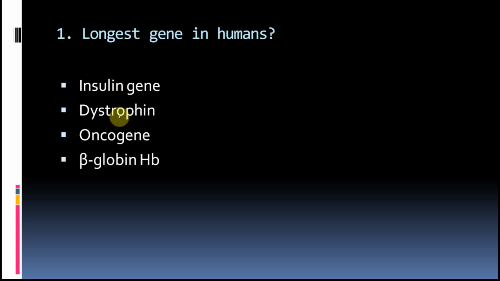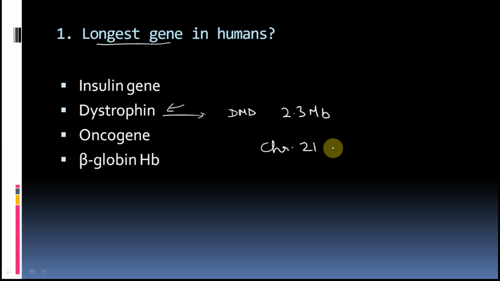The options are insulin gene, dystrophin gene, oncogene, and the beta globin gene. So this is a very unique thing. You should always remember that one of the longest genes in humans, in our body, is of dystrophin. Dystrophin is a muscular protein, okay, and it is coded by the DMD gene, and this gene is very long. This is about some 2.3 megabases, and this is present on chromosome number 21,